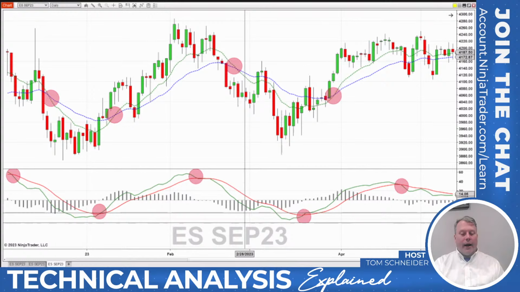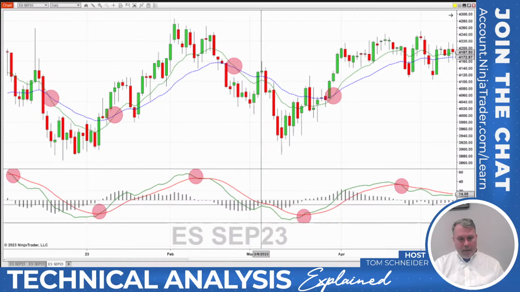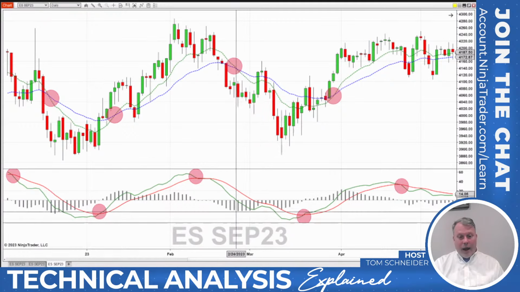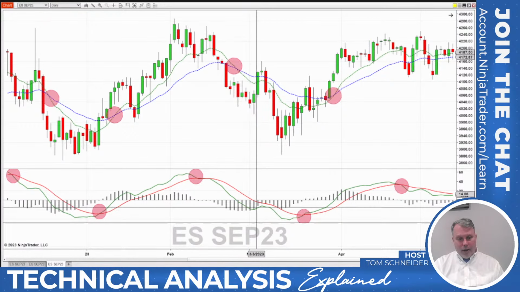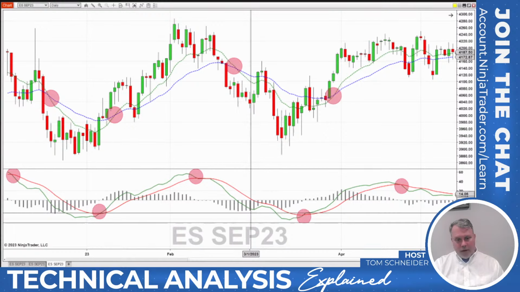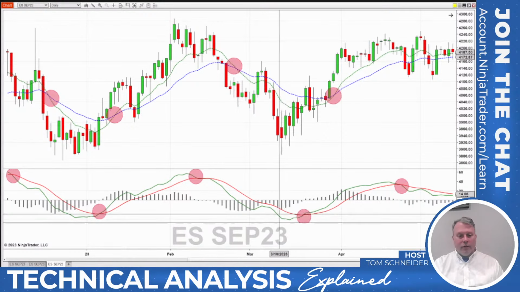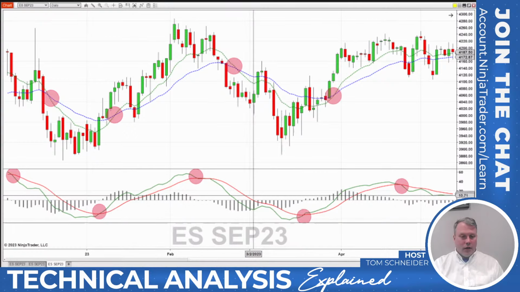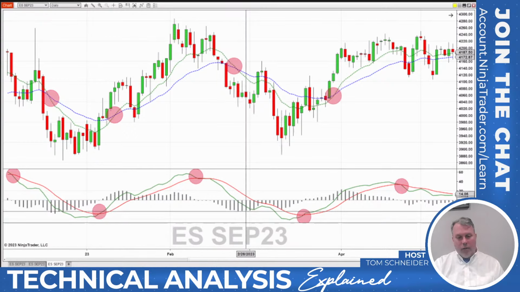So if I were short here and then maybe this starts turning up, I might cover, or if I'm not in a position and I see that happening, maybe I go long. Now, you're not always going to get the longer trades that you want. Because look what happens. That trend does not follow through, and it turns back around. So it's very aggressive, and you have to be very careful about trading that.